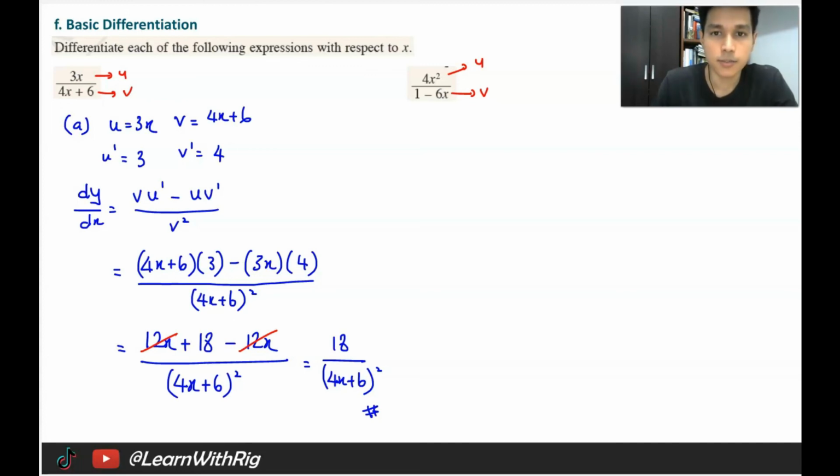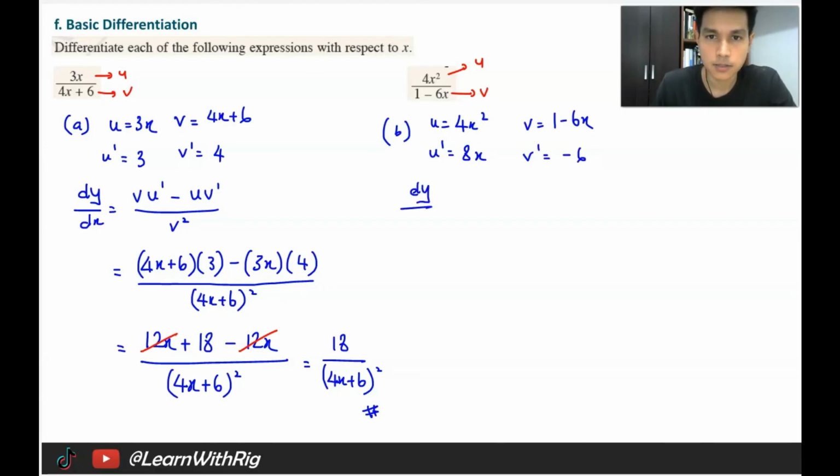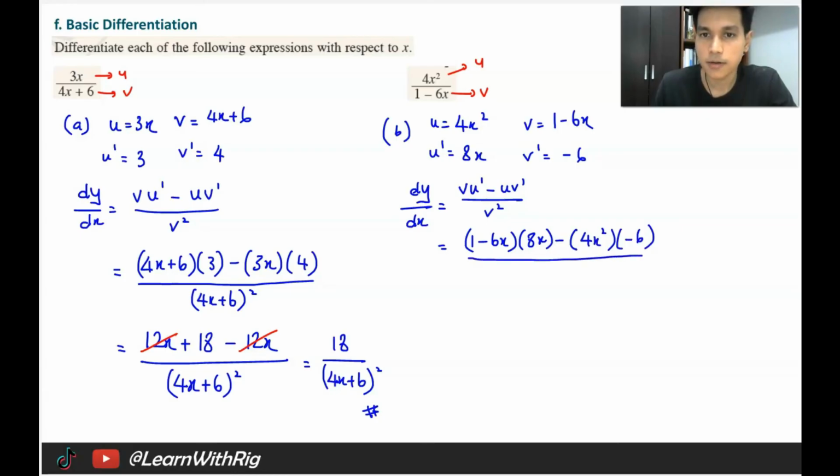Okay, last one, question B. So u value is 4x squared, u prime is 8x, v is 1 minus 6x, v prime is negative 6. So same thing, dy/dx equals vu prime minus uv prime divided by v squared. So vu prime is (1 minus 6x) times 8x minus 4x squared times negative 6, divided by v squared,